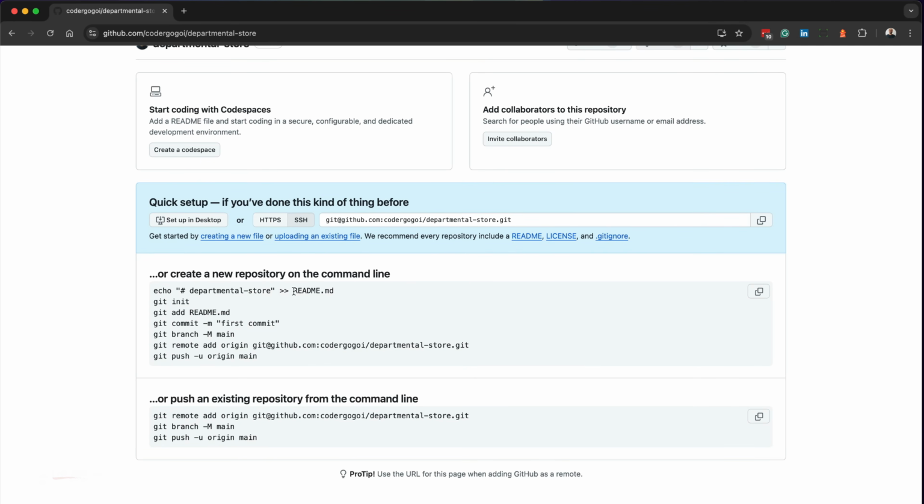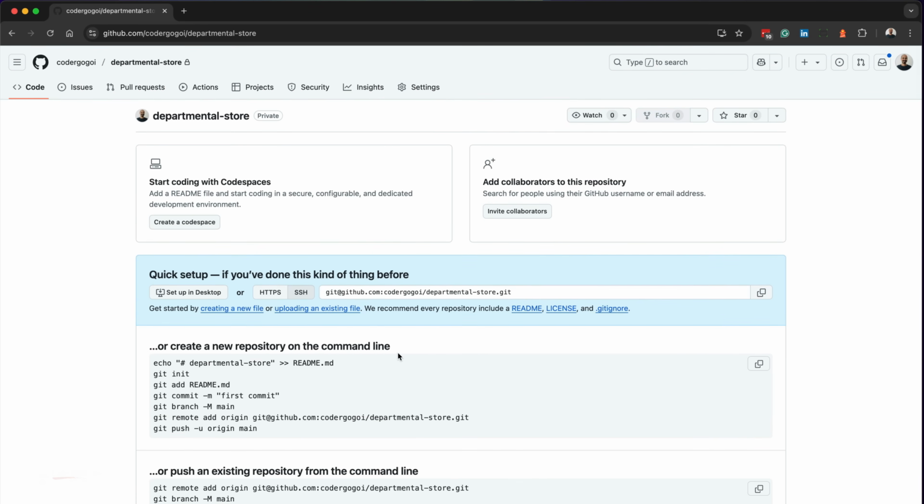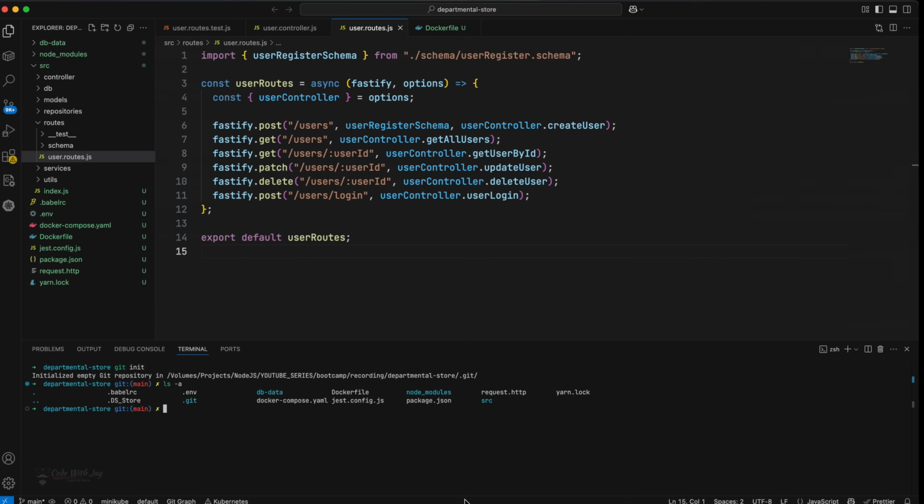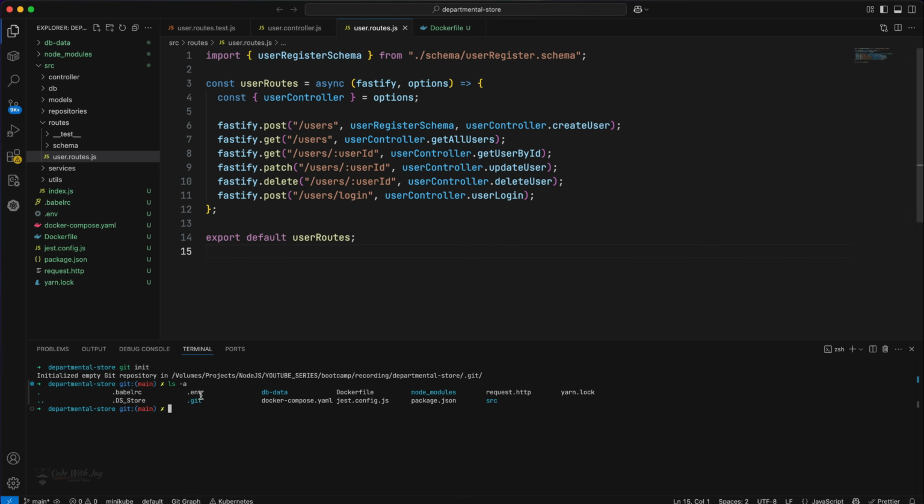Here we need to initialize our repository first, then create our first commit by adding whatever changes are there. Then we need to change the name of the branch, right? Then we can add the origin, and then push to our GitHub. Those are the things we will do. But as of now, in our case, this is a fresh repository, and we need not